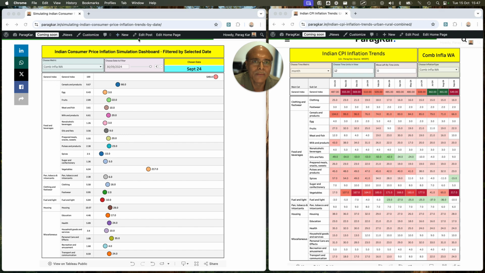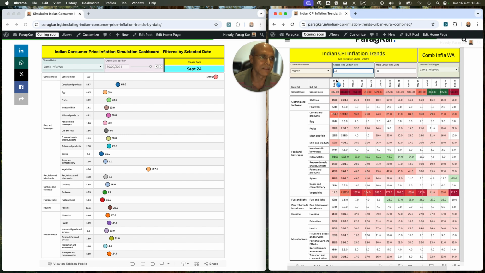Now, on the left-hand side of your screen, this chart is in a different form, giving you consumer price index inflation, and similarly this is also a different form of chart. What the chart on the right side of your screen is doing is giving you a snapshot over a window period of time, which you can choose here. Suppose you want to choose 14 months, then you can just press 14 here and the numbers are going to get displayed here.